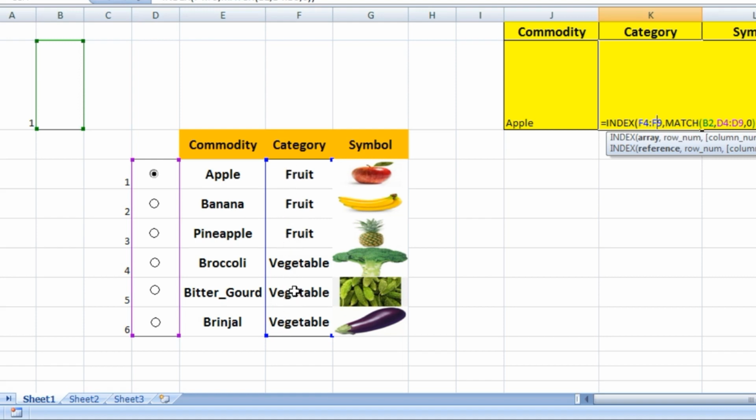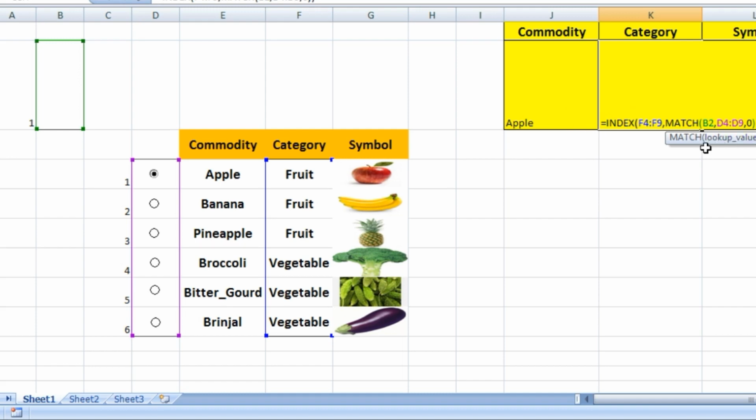This should be the output here. But here you see B2 is there instead of A2, and D4 to D9 is also wrong. This 1 to 6 has been changed.